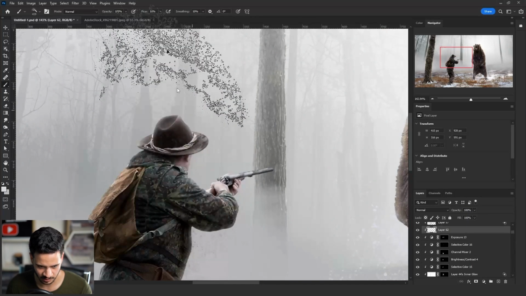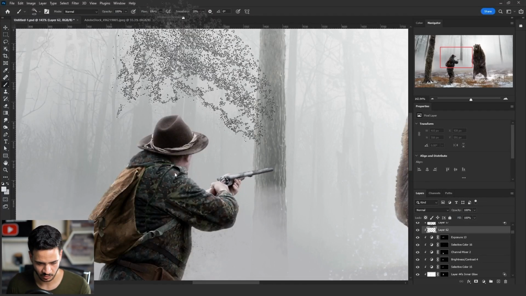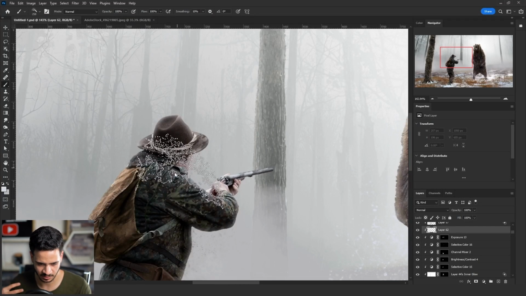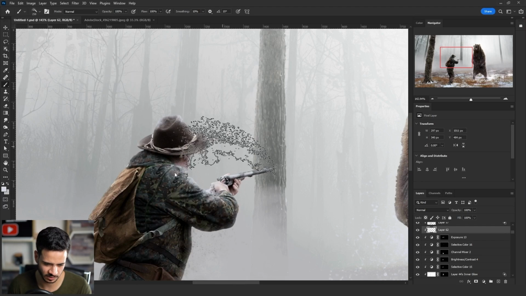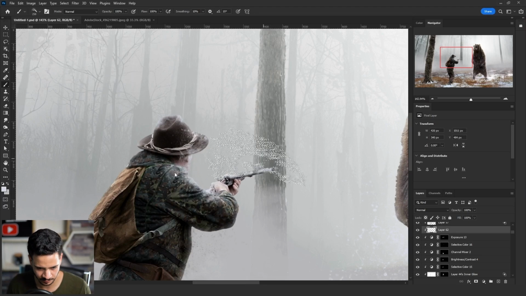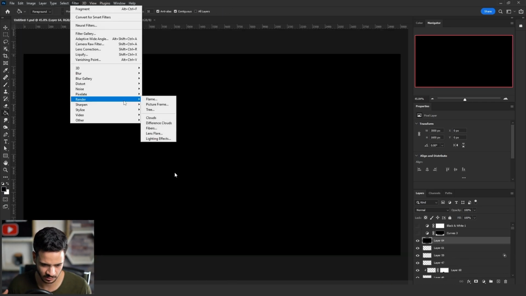And now to add more realism, I used the powder brushes to paint white color on his clothes to give it the look like there was snow falling on him, on his shoulders, his arm, and his hat and his backpack. Now I'm going to add the rain effect and the snow, and that's by adding a new empty layer,